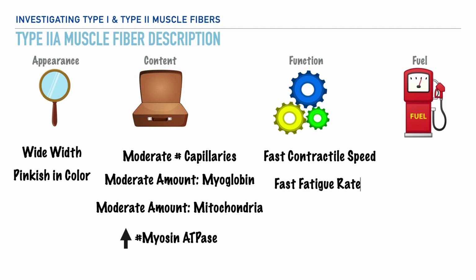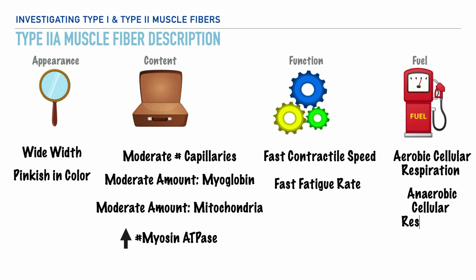And so again, the question we must address or ask is, how do these muscle fibers acquire their fuel, or how do they go about generating energy or ATP? These muscle fibers are unique because they can generate ATP through aerobic cellular respiration, but they can also generate energy through anaerobic cellular respiration. Essentially, we're saying that these muscles can generate energy either with or without the presence of